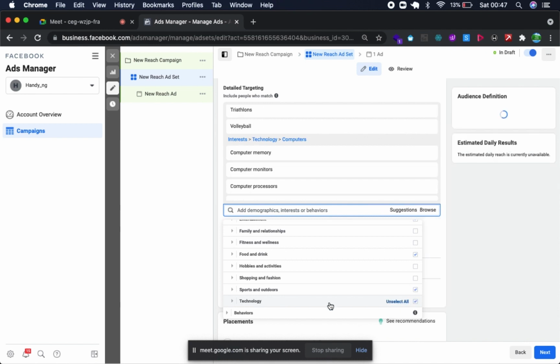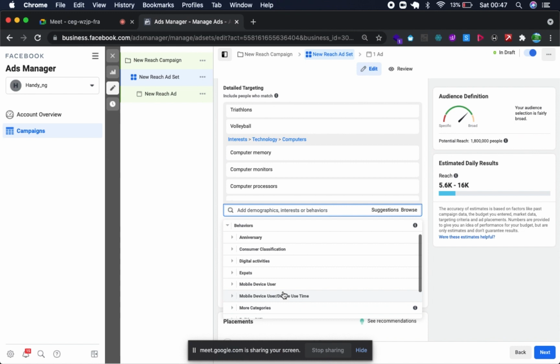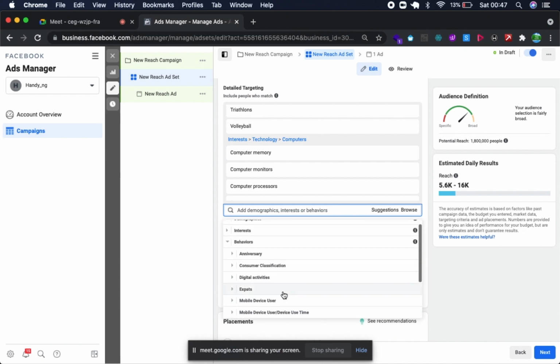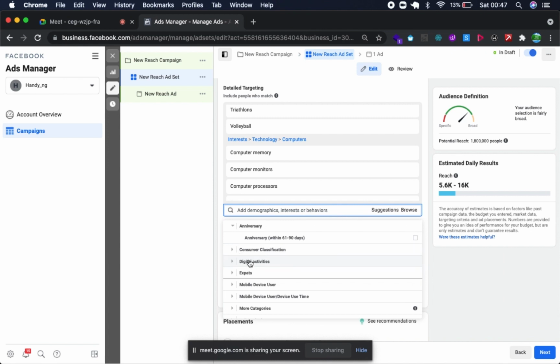And behavior, I'm not really a fan of behavior, but with behavior you can target people, like we said, anniversary. You can target consumer classification. You can target Nigerians that are not in Nigeria, for example. You can target mobile device users.